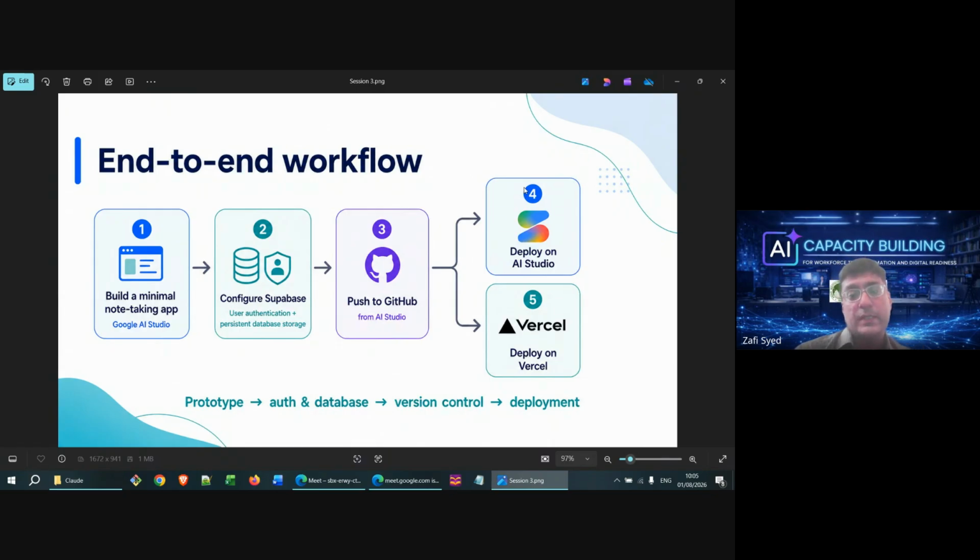And this will make sure that only people whom we want can use the app. Then we'll push the code that is written by Google AI Studio to GitHub in order to maintain a version controlled repository of our code. The reason why we need to use GitHub is because at the end of the day, we're still using vibe coding to write the app.